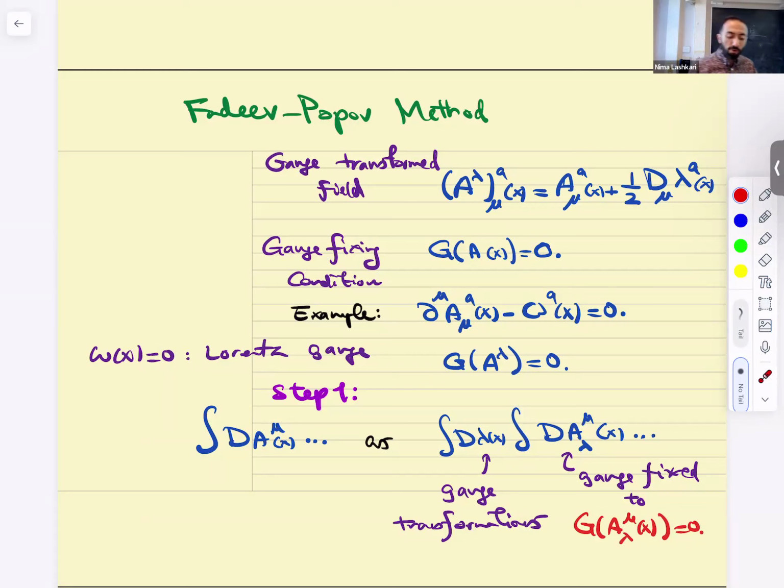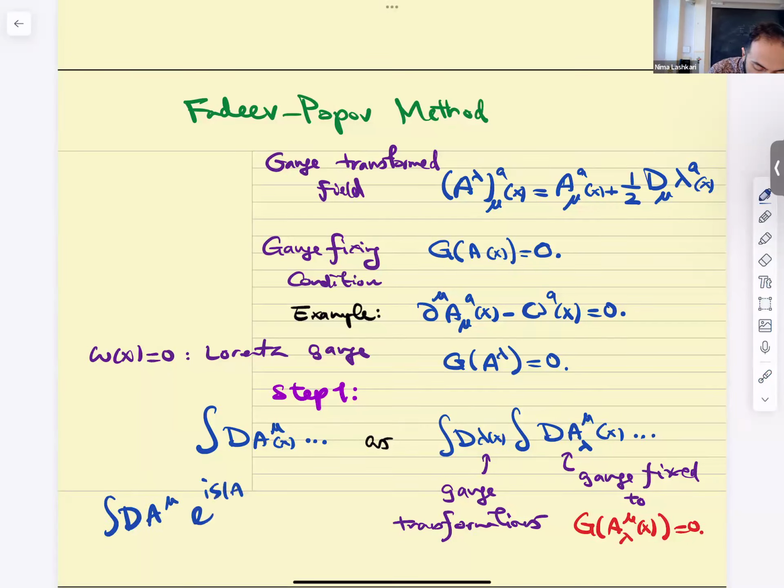Good. So in step 1, what are we going to do? We're going to massage this integral of d A mu of e to the power of i S. This is the expression I want to calculate. Sorry, there are labels of A all over the place. This is not abelian. I want to write this path integral in the following way. I'm going to look at the measure. This measure has plenty of redundancies. I'm going to split this measure as a path integral over lambda of x, a function valued in the Lie algebra, of course, carrying these lambda labels, of gauge transformations, and then the gauge fixed ones.